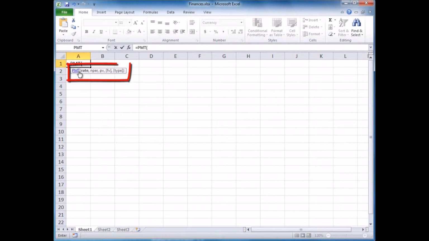The screen tip here tells me all the arguments for the formula. Notice the arguments in brackets, FV and type. The brackets indicate that these are optional arguments. The first argument is rate, which is 5% divided by 12, the number of months in a year. I'll type a comma to separate the rate argument from the next, which is NPER, the total number of payments for the loan. I'll enter 30 for a 30-year loan, multiplied by 12 because there will be 12 monthly payments per year. I'll enter a comma to separate the arguments, and the final argument I'll enter is PV,